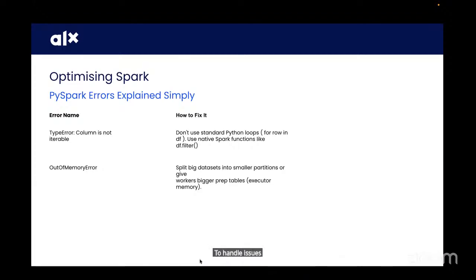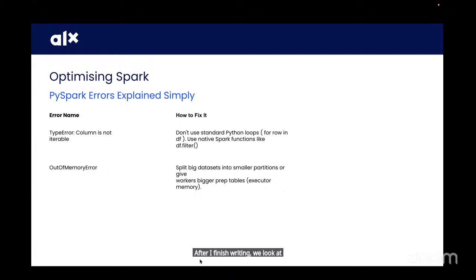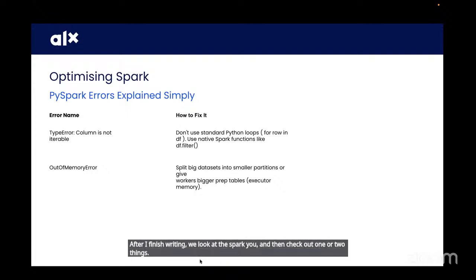Now we've talked about the errors and how we can go about fixing some of them. We look at first writing code, and we'll be seeing the Spark UI here live after we finish. Right now, code are just running. Don't worry, it's not going to be very long today. So after I finish writing, we'll look at the Spark UI and then check out 1 or 2 things. But also, they have some of these concepts in mind. For example,